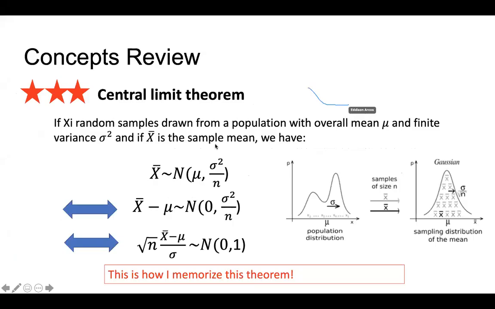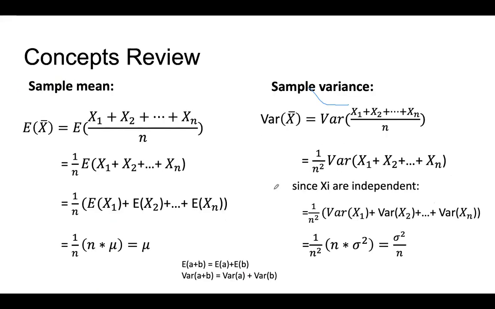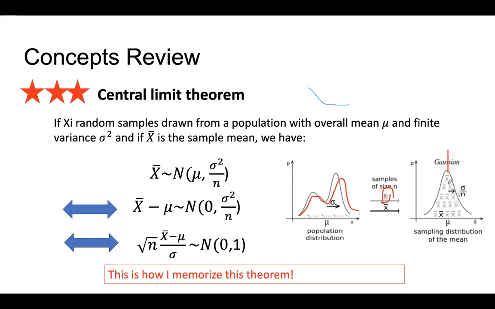Okay. So we talked a lot about the central limit theorem before we talk about it mathematically, right? So we have a fancy distribution, and we take the sample mean, and the sample mean's distribution should look like a Gaussian, right? As we proved in the previous slides, its mean is equal to the true mean, and the variance is equal to sigma square divided by n, and you take the square root of it. This is what we call the standard deviation, right? It looks like a Gaussian.